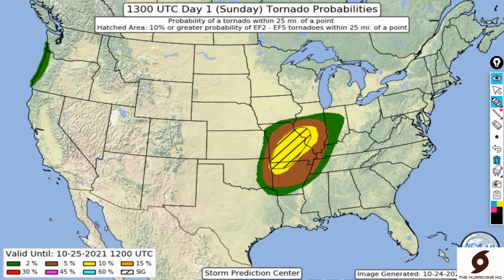Over EF2 strength tornadoes, possibly EF3, maybe even one EF4 if everything comes together perfectly for that storm. Now, I'm not expecting anything too strong with tornadoes, but then again, a tornado or two above EF2 cannot be